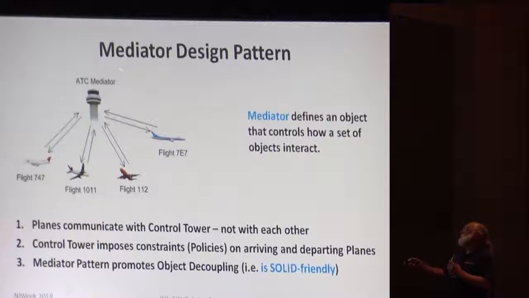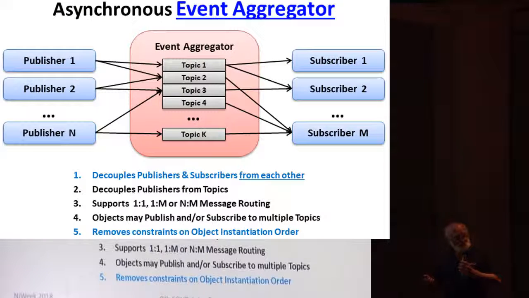What it does, you have a command tower that talks to all the planes and tells them what to do. So the mediator has two functions. First, it talks to each of the actors, and second, it imposes policies on those actors. Who lands first, right? Who goes in an extra loop? But actors are responsible for their own state. They decide what to do. So if you take the policies out of the mediator, you get an event aggregator design pattern.